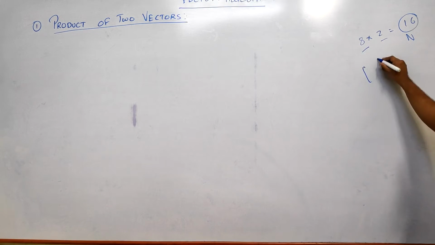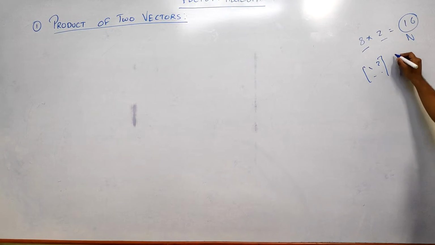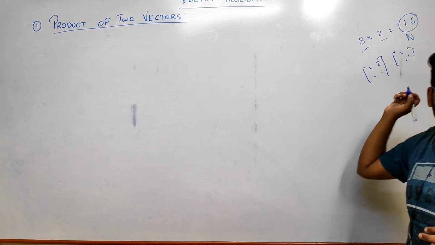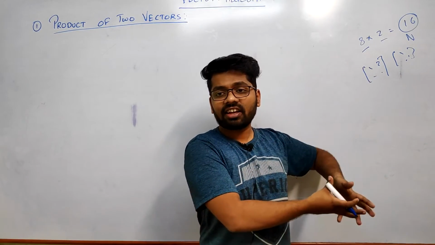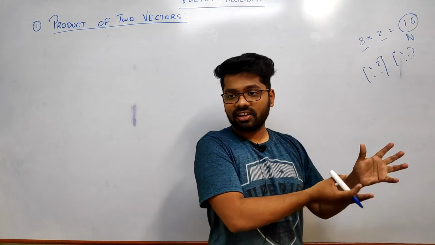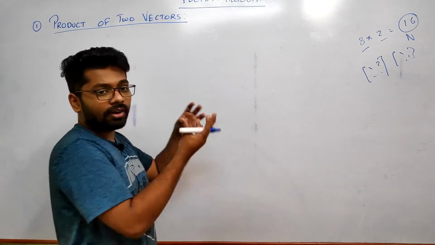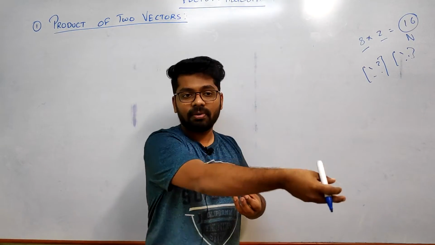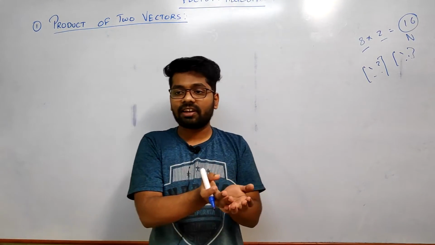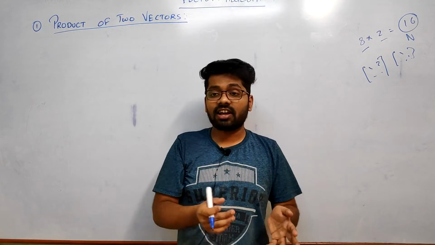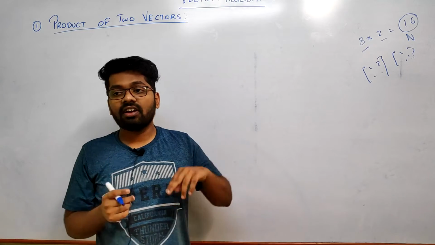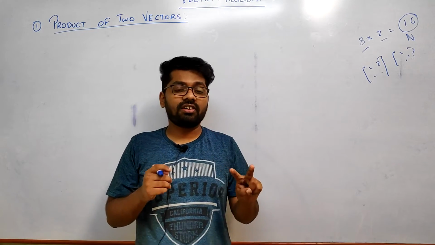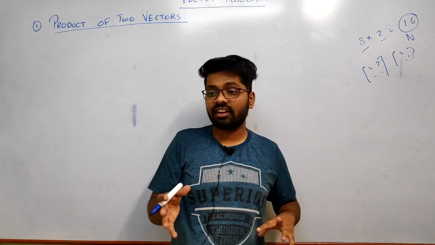Now if you multiply two matrices, like 1 2 3 4 4 5 6, whatever it is, after multiplying the two matrices what will your answer be? Another matrix you will get. That means you multiply two numbers, your answer is a number. You multiply two matrices, your answer is a matrix. But in this case we have two different things. Here we are going to multiply vectors in two types.